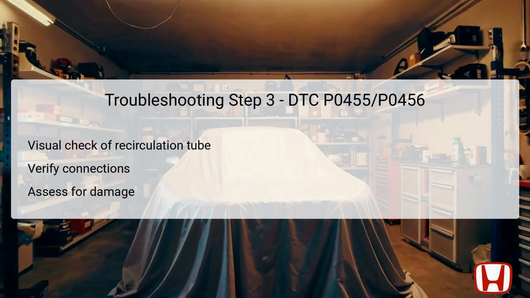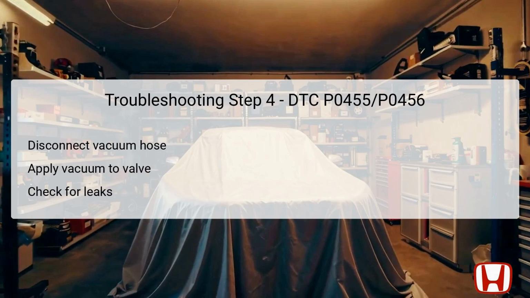The third step focuses on inspecting the fuel tank vapor recirculation tube. This involves checking for secure and undamaged connections, as well as looking for any physical damage to the tube itself. The fuel tank vapor recirculation tube is essential for returning captured vapors from the fuel tank back into the engine intake. If this tube is compromised, it can lead to significant leaks that trigger the DTC codes. If it is determined that the tube is in good condition, troubleshooting continues. However, if any damage or poor connections are detected, it may necessitate replacing the tube or the entire fuel tank